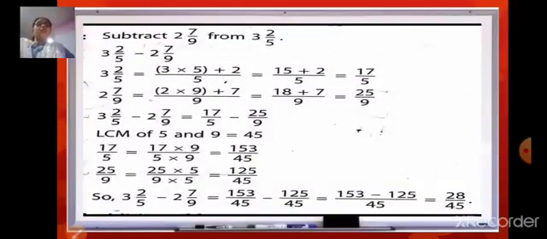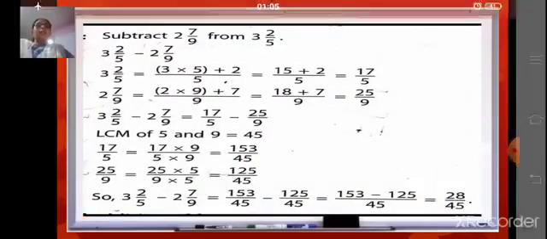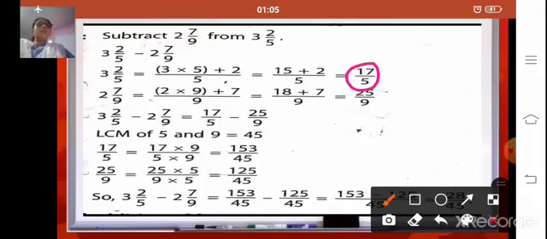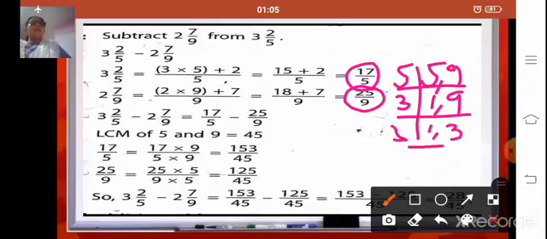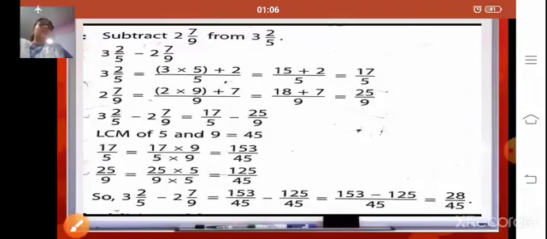Okay, so here is the sum for you on the slide, which I have solved. We have first changed it into improper fractions, 17 upon 5 and then 25 upon 9. Then we have taken the LCM of 5 and 9. When we take it, you will get the LCM as 45: 5 ones are 5, 9 is as it is, 3 3s are 9, and 3 ones are 3. 5 3s are 15, 15 3s are 45. Then change the fractions to like fractions by making the denominator same. Then subtract, and in the end you will get the answer as 28 upon 45.